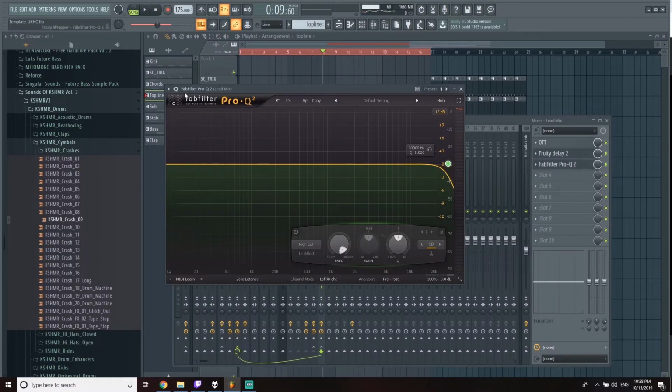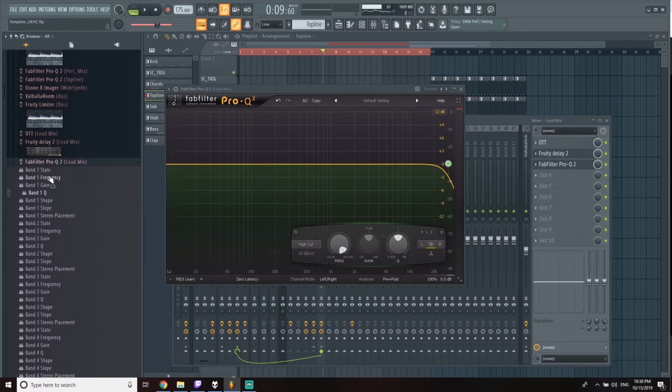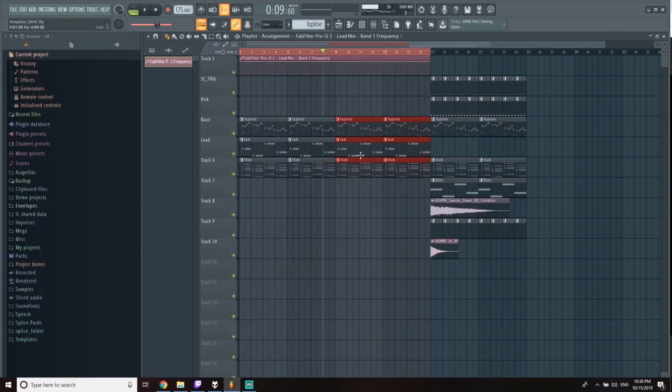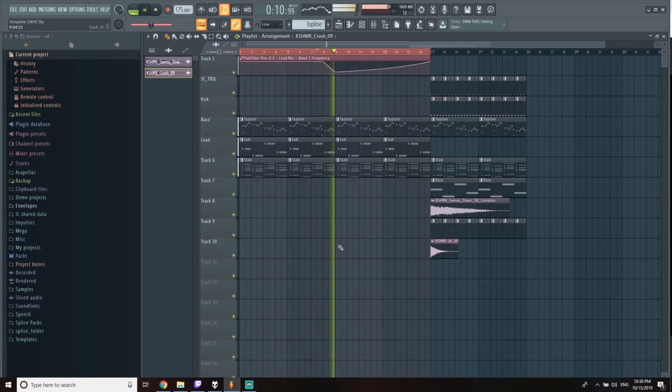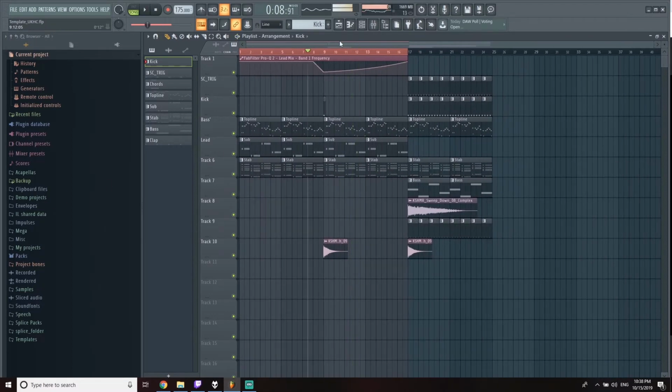Now I'm going to take that EQ-based low-pass filter we made before and automate it so that we can muffle it in the build-up. So we go to Browse Parameters, right-click the frequency and create an automation clip. Then we can pull this down. Too far down. I think we want to get rid of the sub here too, so